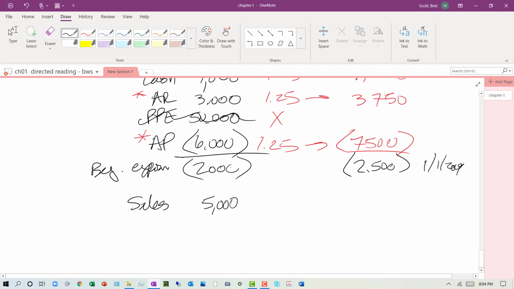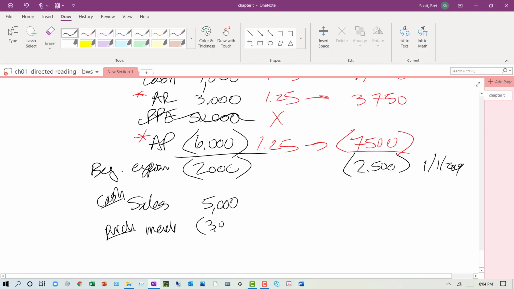Now, I'm going to focus on just cash sales, 5,000. And let's say I made some purchases, say for merchandise. Cash purchases, cash sales,